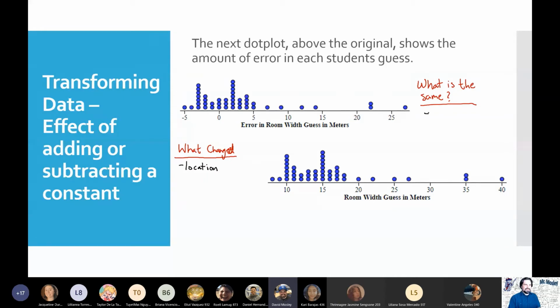What stayed the same? The shape, right? We still have the same shape on both graphs. They look the same. I could put one on top of the other and it would be the same, right? So the shape of our distribution stayed the same. What changed? Location of numbers, right? The location of the mean and median between the two graphs changed,